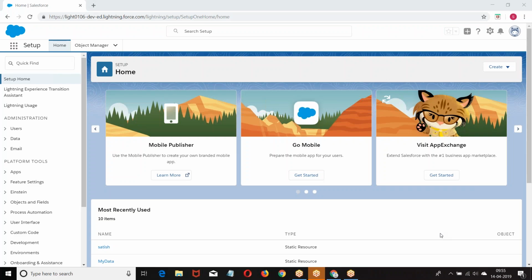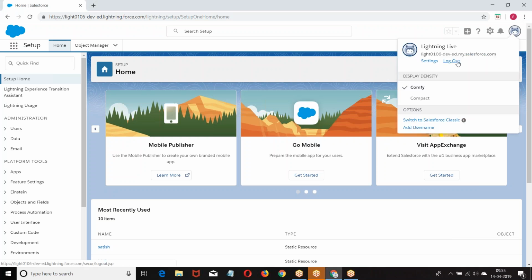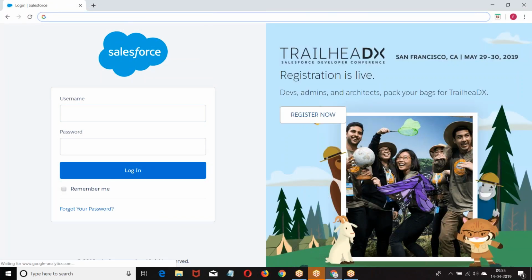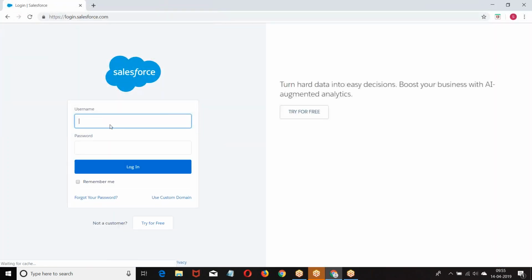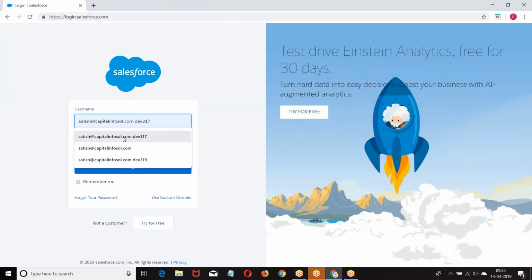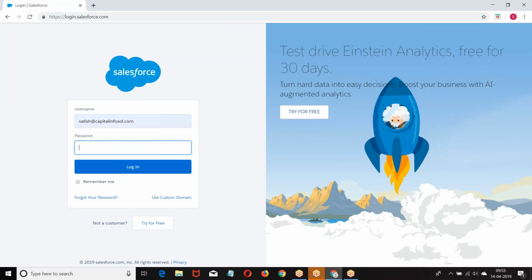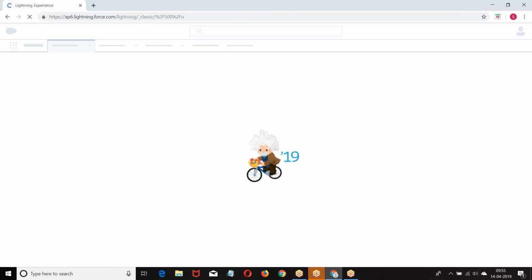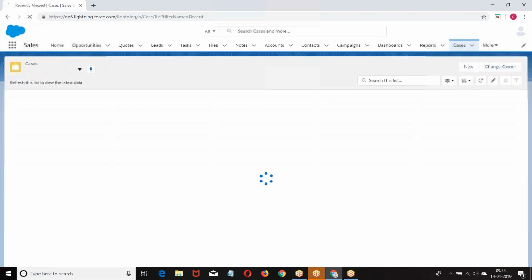The first one is deploying using a change set. You can deploy the Lightning components or URA bundles using the change set. So you can go to the